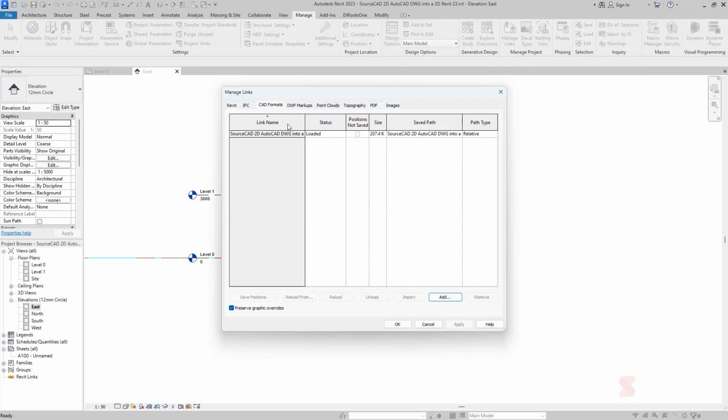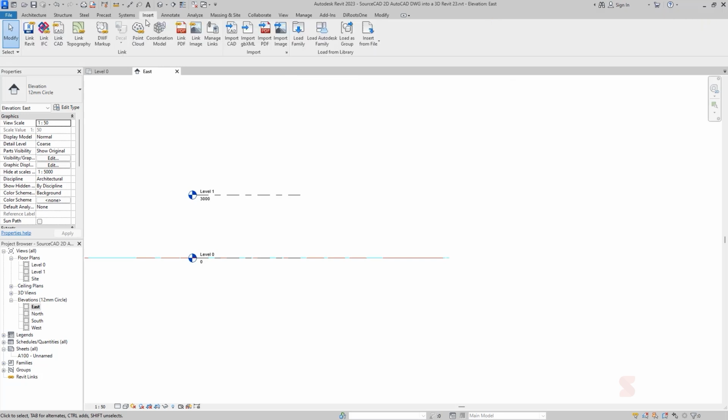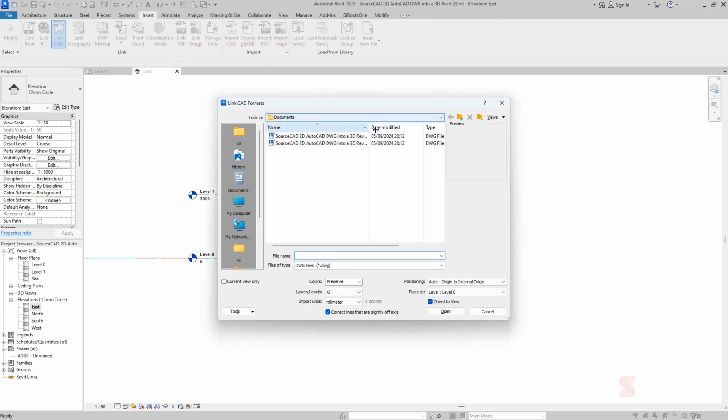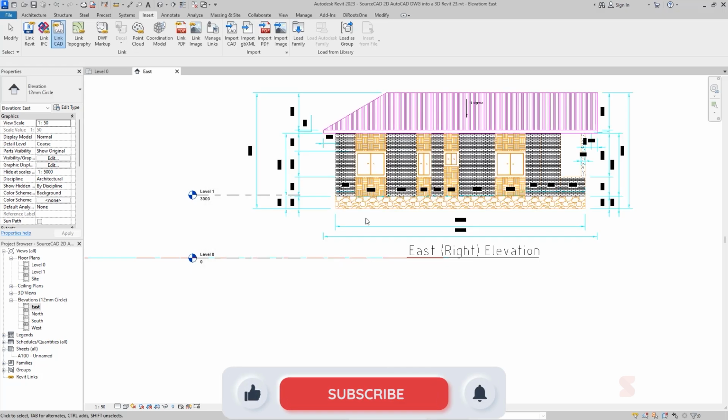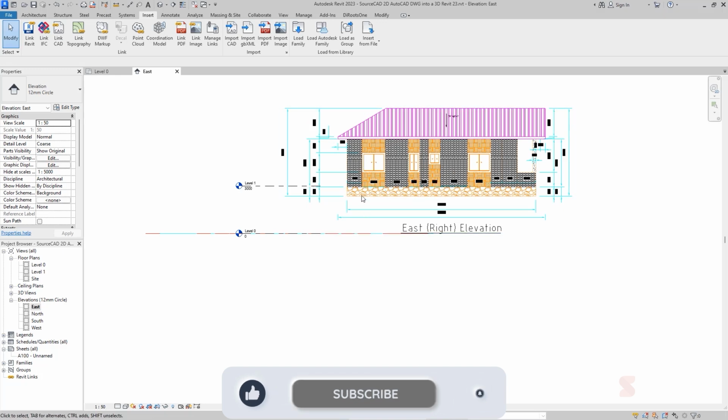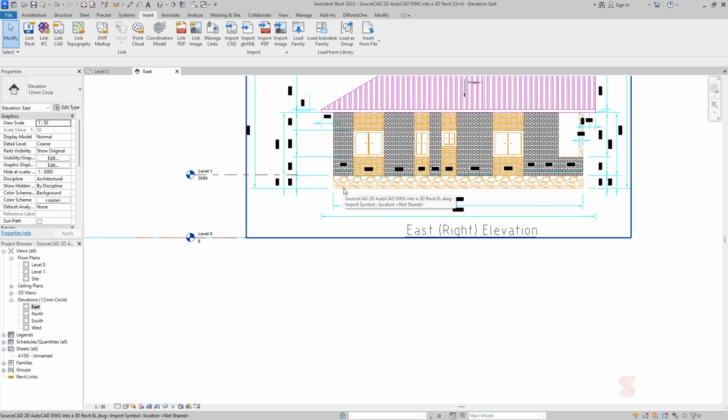Then simply go to the Manage tab, so you can either link your drawings by using Manage, then go to Manage Links, and then under Manage Links you can use Add, or alternatively the method that I've shown you, go to Insert, go to Link CAD, then specify elevation. So we're going to simply drag that, select on that. All the settings remain the same. Click on open,